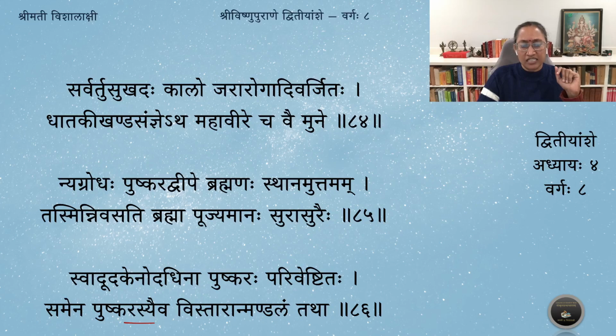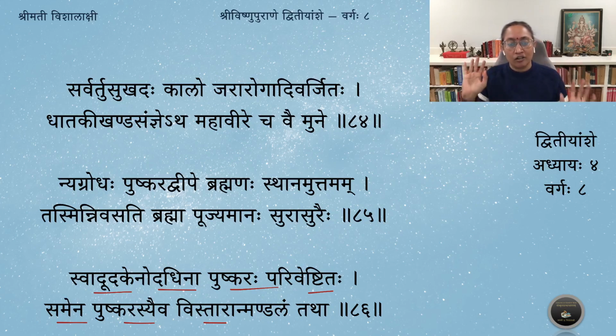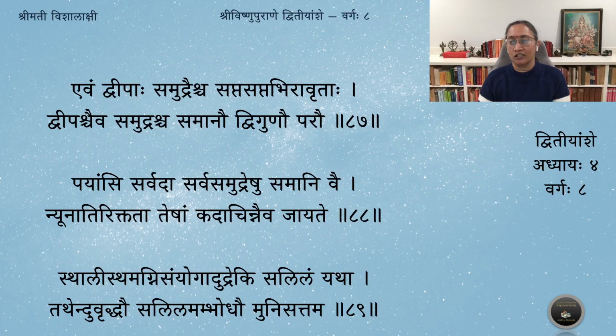By the same measurements of this Pushkara Dvipa, samena vistarat, by the equal measurement of Pushkara Dvipa. Pushkara is surrounded by, pariveshtitah, it is surrounded by an ocean, udadhina, which has udaka, water, which is swadhu, very sweet. So ikshurasam tu tat anyat atra swadhu udakam, it is just sweet water which surrounds, mandalam tatha, it surrounds in a circular fashion around Pushkara Dvipa. Evam dvipaha samudraischa saptabhihi avritaha, saptadvipaha saptabhihi samudraihi avritaha, in this